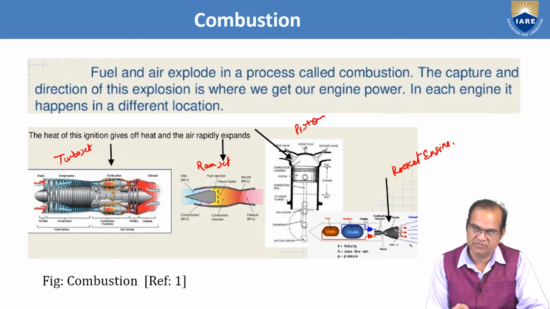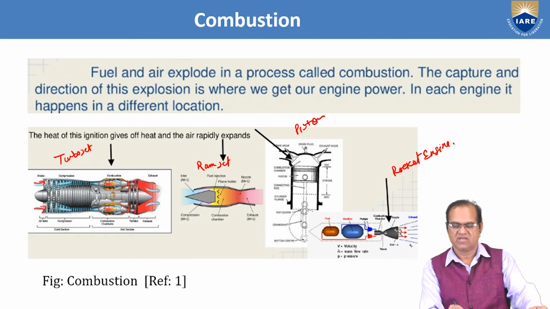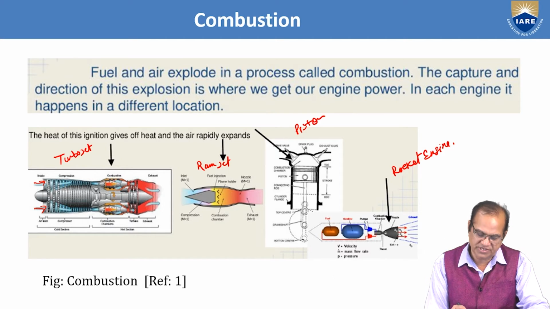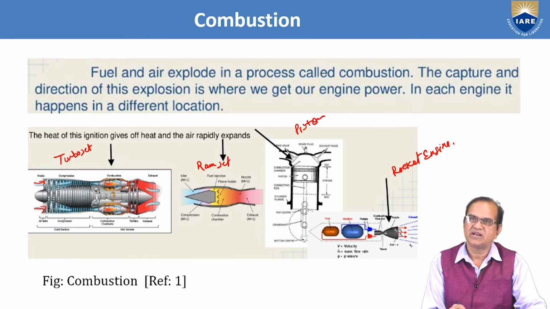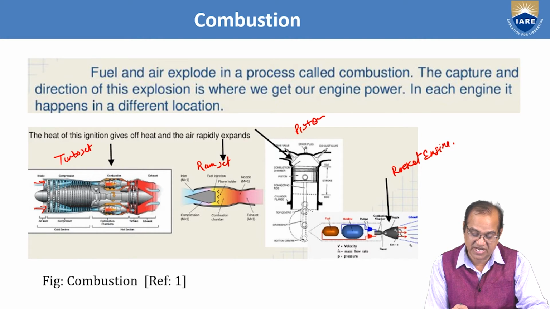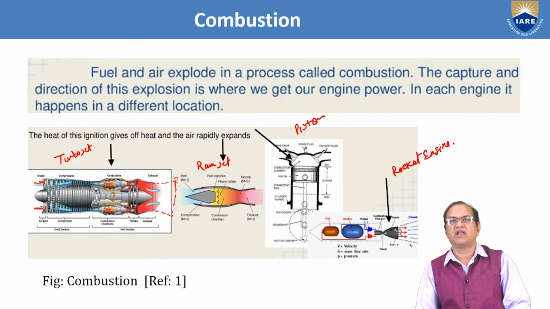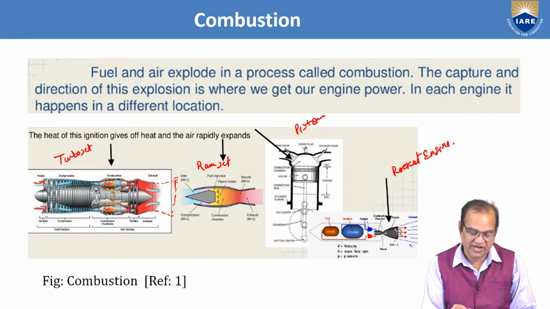In this combustion chamber, air is burned. This burned air is entering the turbine, and this high temperature and the high explosion which is taking place are rotating this turbine, and this is expanded in the nozzle and thrust is achieved. So this is the principle of combustion for the turbojet engine.